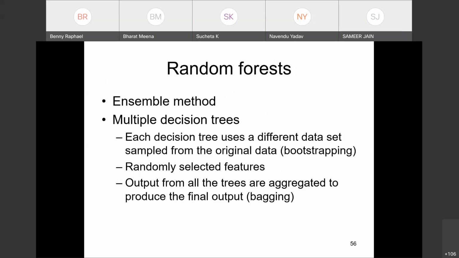Okay, now the ID3 algorithm is very old. It's from the 70s. People have been using it and it's very popular. Now people have gone beyond the decision trees. Now we are talking about forests. In the 70s, people were only talking about trees, but now people are talking about forests.